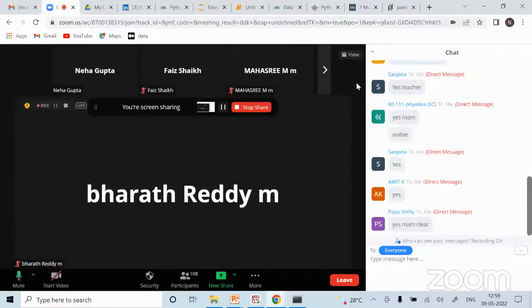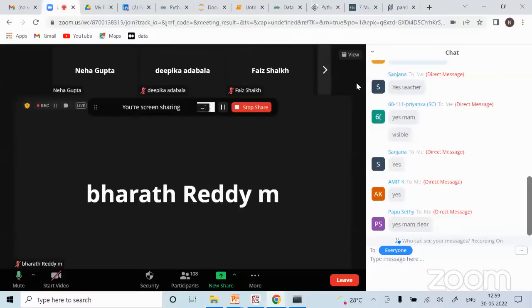So the best way to learn this exercise is you pick a data set, you pick one problem, you go to the Kaggle website. I think I have already talked about that with you, and if not I will talk about it again. There is a Kaggle website from where you can pick any problem. There is data involved. You try to do this kind of analysis on your own, whatever data you get. That is the best way to learn, because then you will think, okay, what kind of analysis I want to do, what kind of operations I will need to do that analysis.